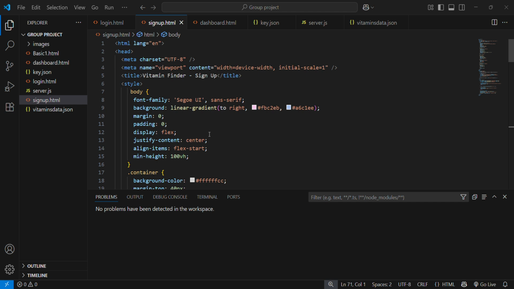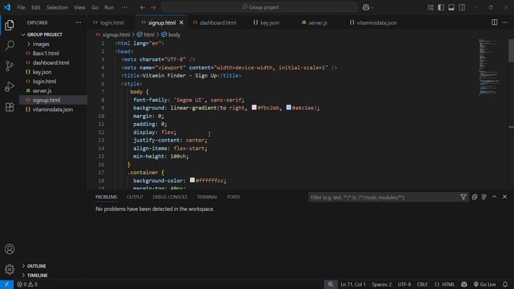Users can search food items like fruits, vegetables, grains, meats, or dairy products and instantly get a list of their vitamin contents. Vitamin Finder includes key features such as: users can sign up and log in to our website, and they can search their desired food item by category or food name, and it will display the vitamin details with benefits and recently searched items. All data is managed using Firebase.